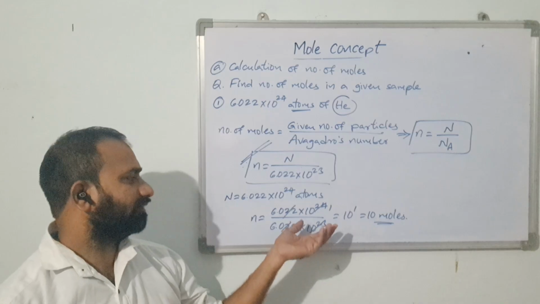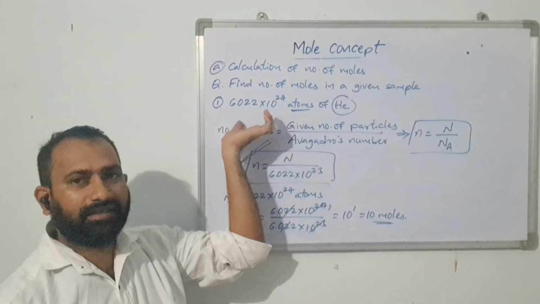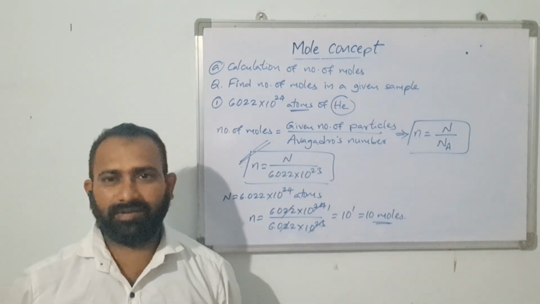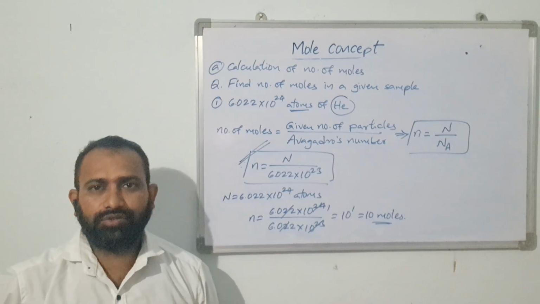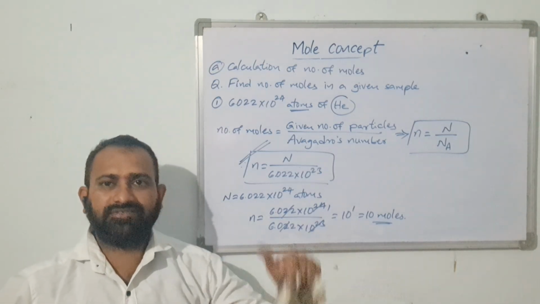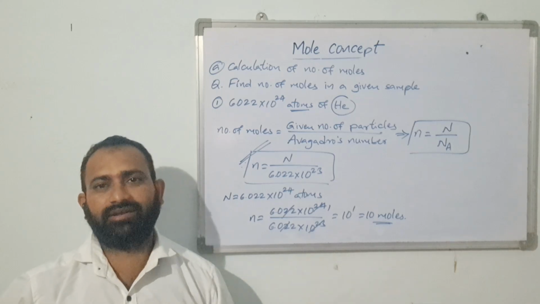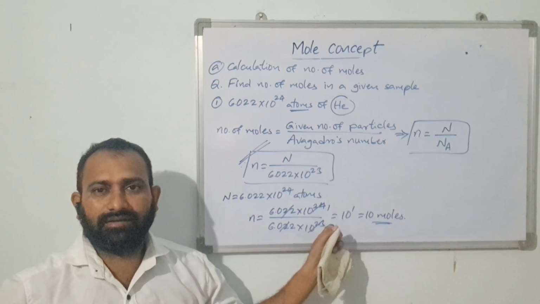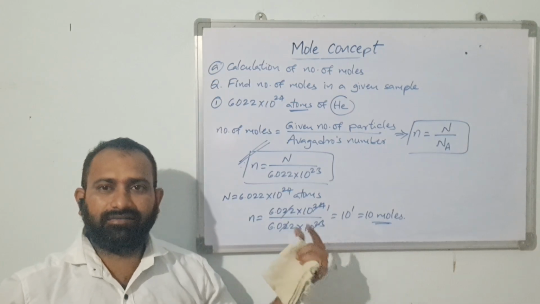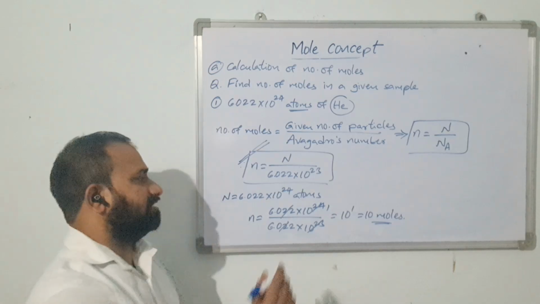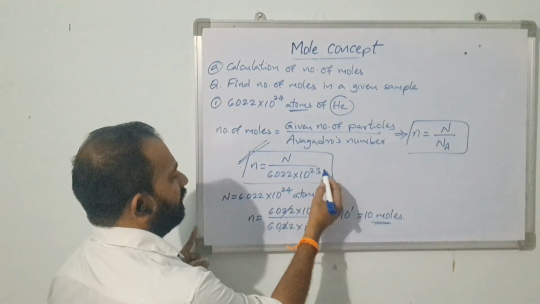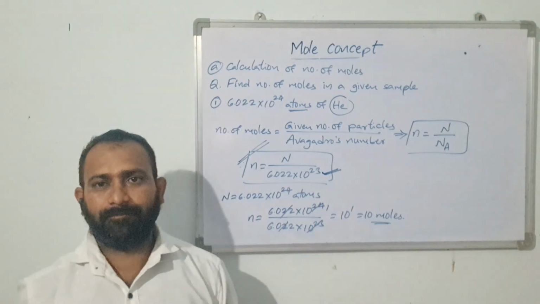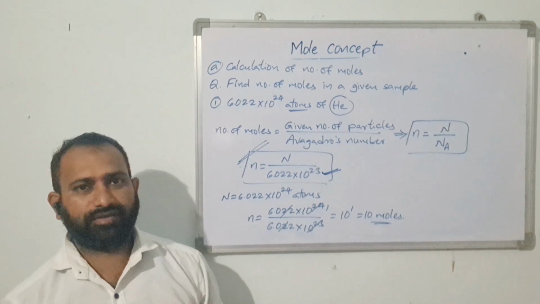Here the beauty is, simply substitute the given number of particles in the equation. In the first type of formulas, we should substitute given weight as well as gram atomic weight or gram molecular weight. But in this type of problems, no need to calculate gram atomic weight and gram molecular weight. This Avogadro number is the same for all substances, either atoms or molecules. Understood, children? Note it first.